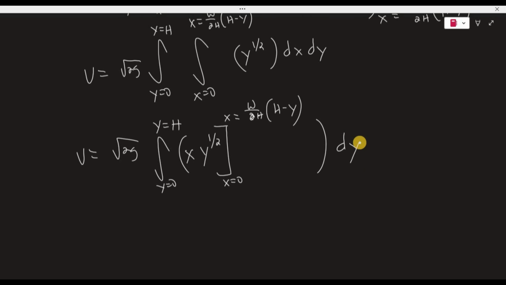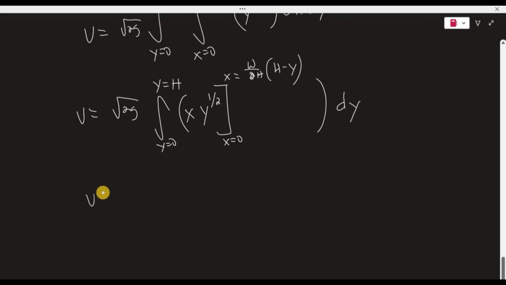Okay, so volume equals the square root of 2g, integral y equals 0 to y equals h, and then